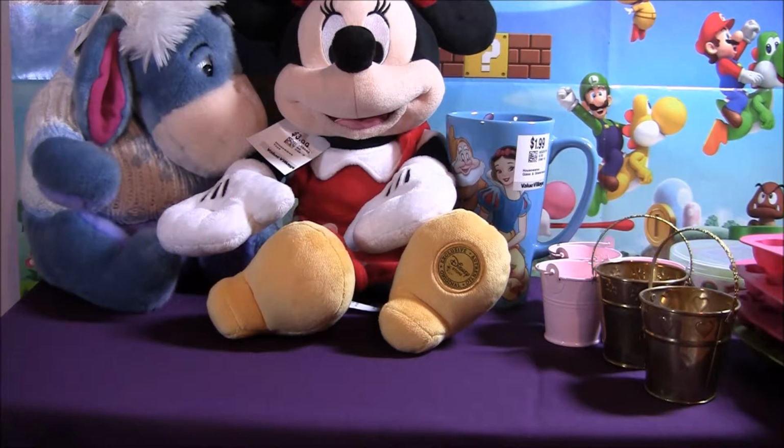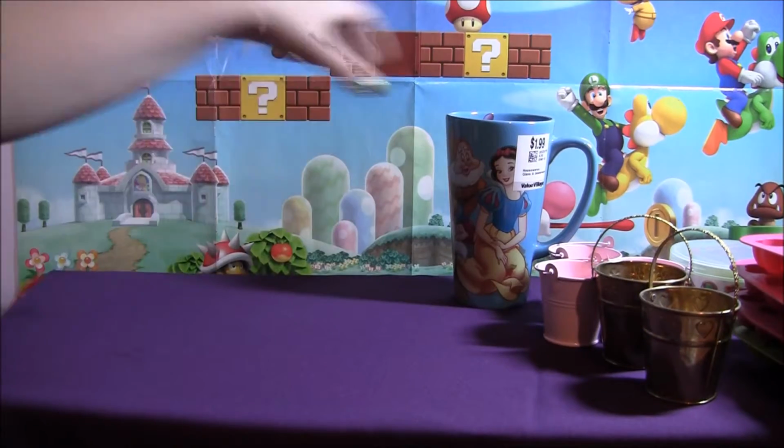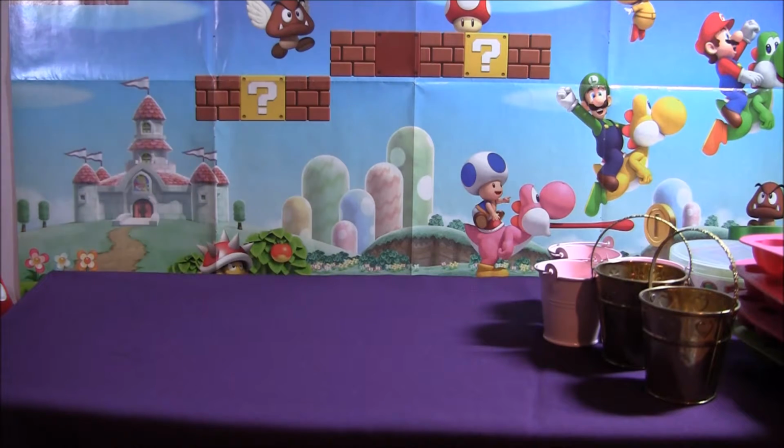But she's just in such perfect condition. The fact that the plushes are in near mint condition, same with the mug, is just amazing. I'm gonna move these for a moment because I need the space. Alright, and I have one last thing